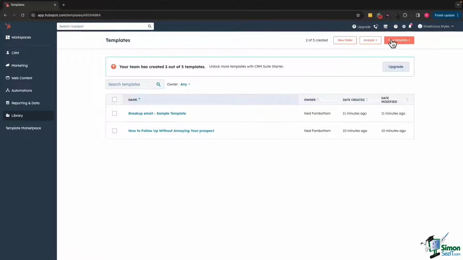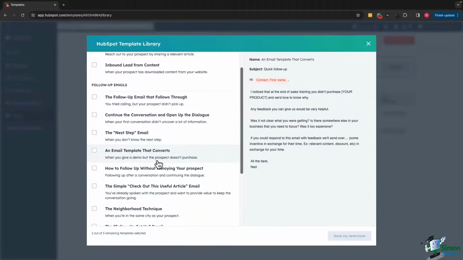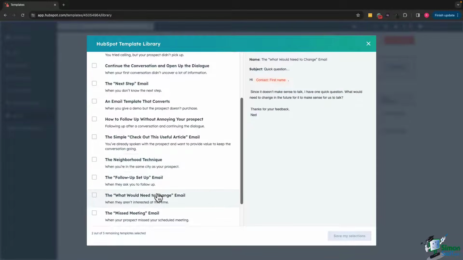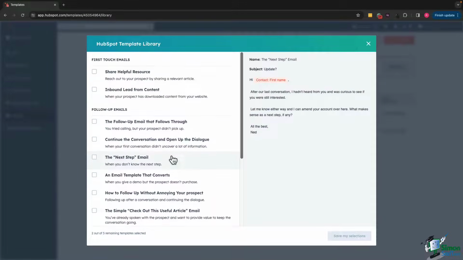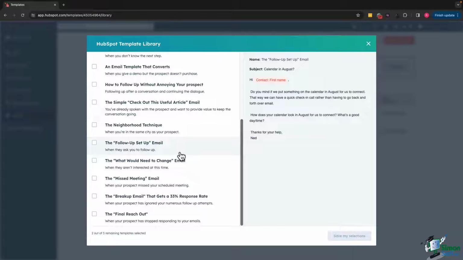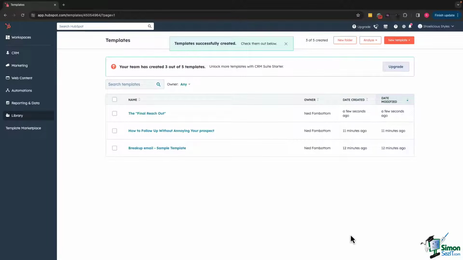In order to get a new template, you just click this upper right hand button right here. And you can either create from scratch or use the template library. If I click the template library, I can see all the different emails that they've already created within the system and pull from that if that's what I'm wanting to pull from. So say I'm looking in here and I'm trying to find a final reach out. This is an email template for the final reaching out to a customer who you just haven't heard anything from. And so I click create,